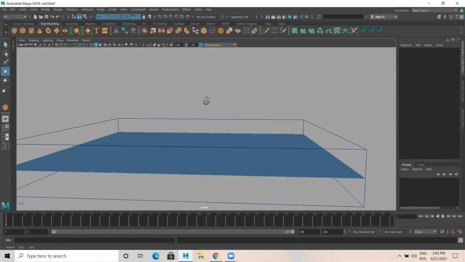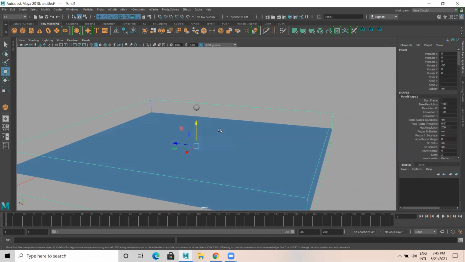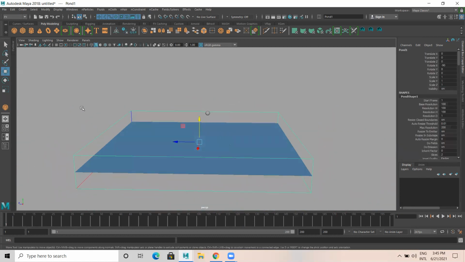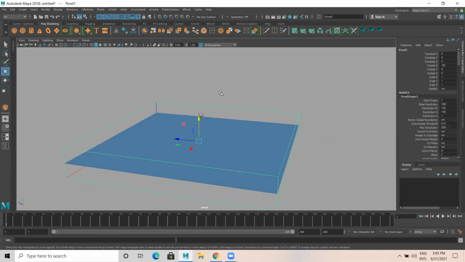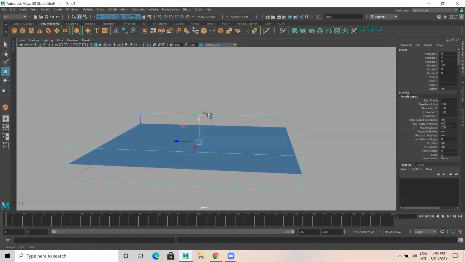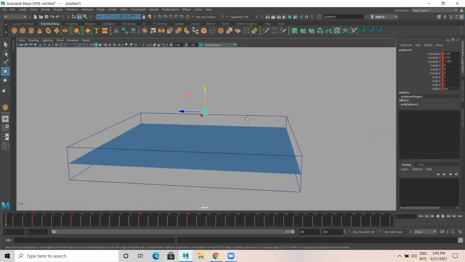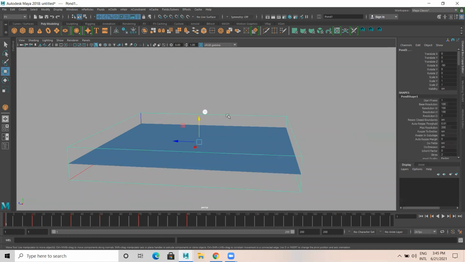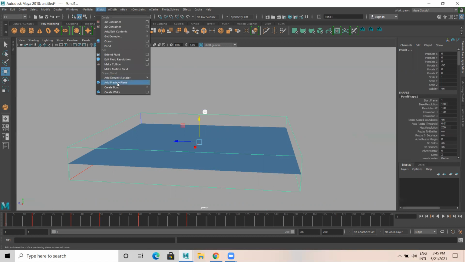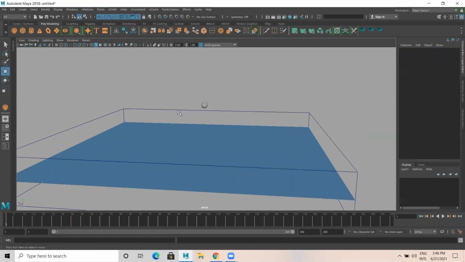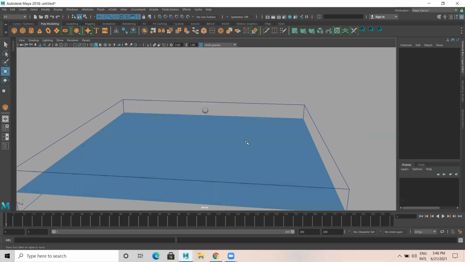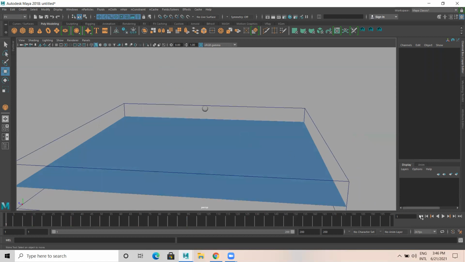So the simple thing we have to do is select the pond. This is a container. You can see this is like a box, a wireframe box. Basically, this is called a container. It's a fluid container. So now I select the sphere and I select the container. Select the sphere and the container. You have to come to fluid, make collide, make collide. When you do make collide, just look at this. This is the output you get.